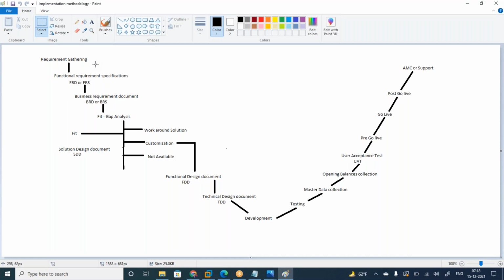You will have a set of questions. You will ask those questions. Wherever you are working in a company, that company will definitely have a sample document, meaning from the previous project. Using that, you will ask questions. Once you get that information, you will prepare a functional requirement specifications or functional requirement document,